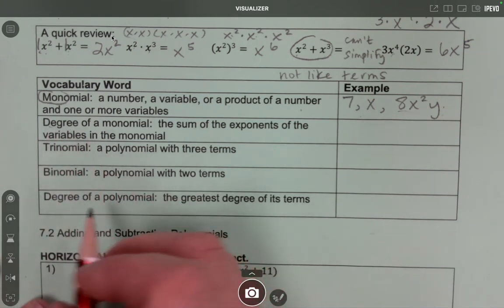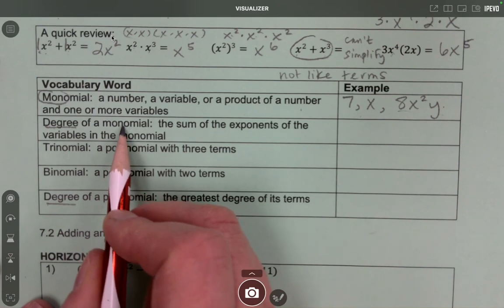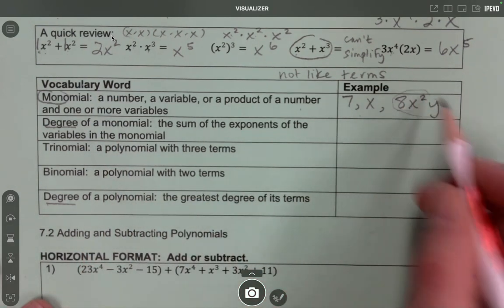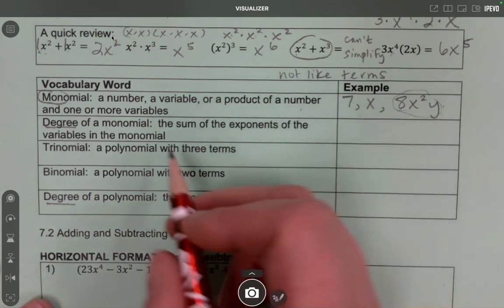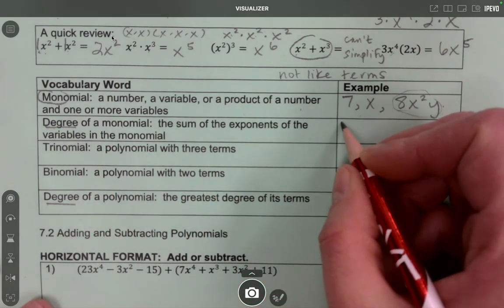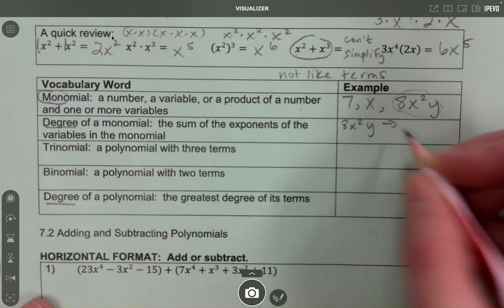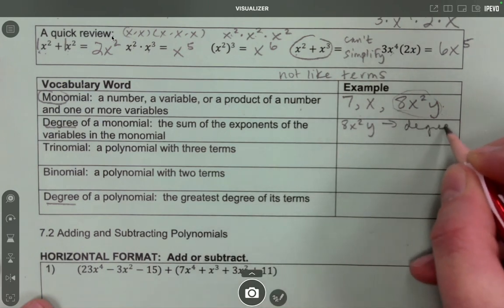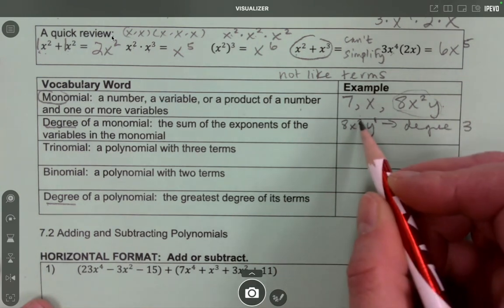Degree of a monomial. So we've got 2 that are discussing degrees here. If I'm looking at just a degree of a monomial, like one of these terms here, it's the sum of the exponents of the variables in the monomial. So if I have an x squared y, my degree would actually be 3. That's because my x is being squared and my y is to the 1st power, and 2 plus 1